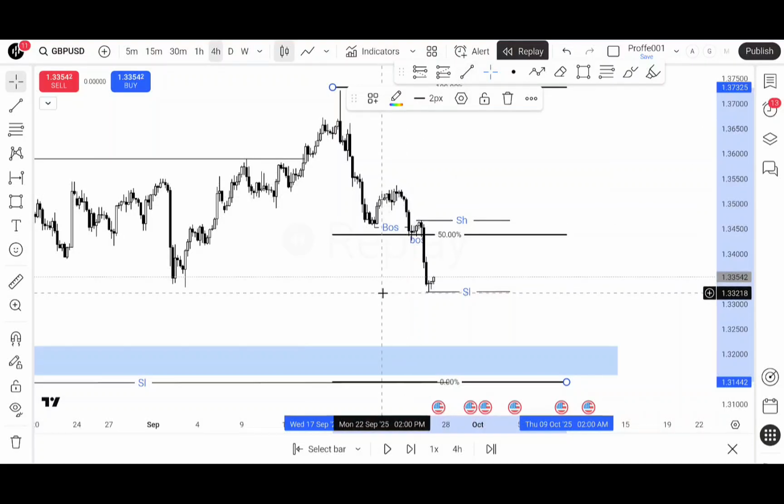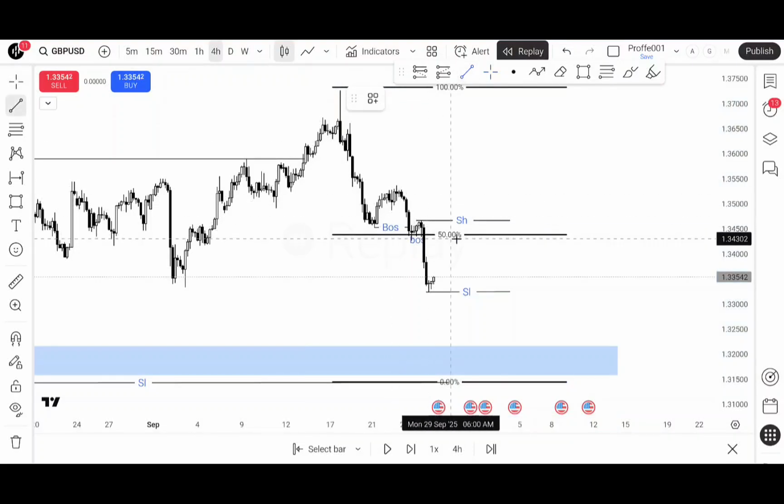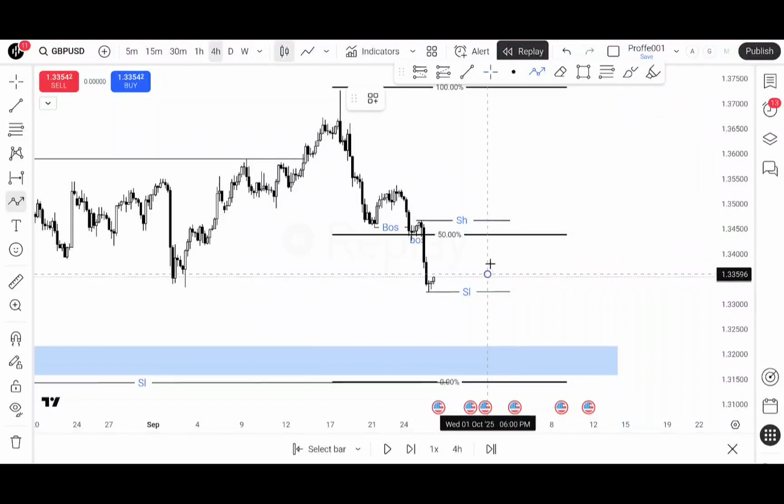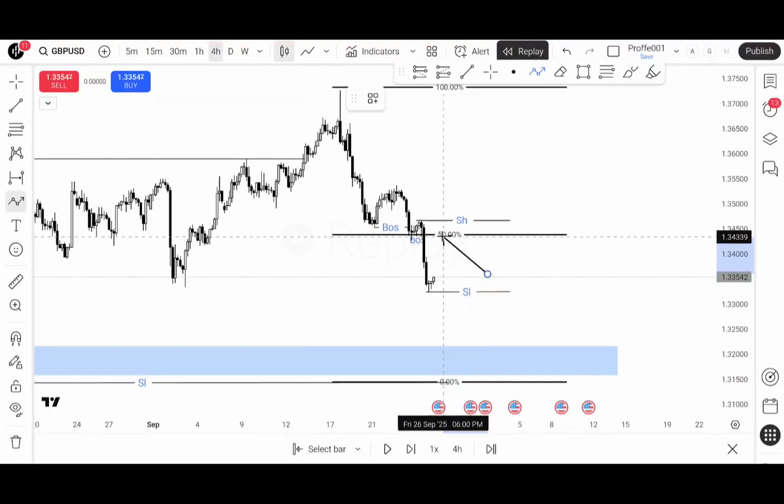Now, this market has met our 50% criteria. Taking sales around this place is very, very risky. Taking sales in this 50% is very, very risky. We are expecting that the market should give us a change of character from the lower time frame so that we can buy, right? But when the market gets here, if we see good confluences and good confirmatory entries, we are still going